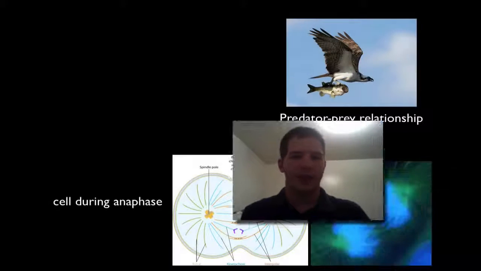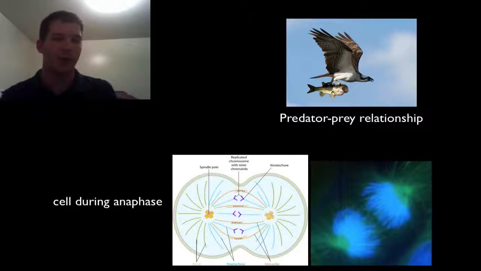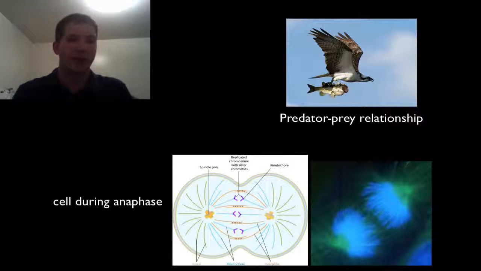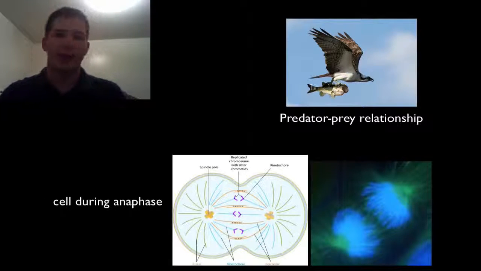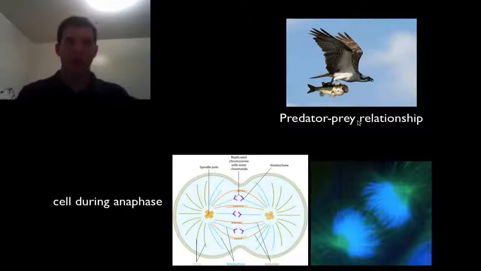Okay, the last one is going to be that living things interact with each other, and that's across all of the spans of biology. So that can be something very macroscopic or very large, such as this hawk and bass predator-prey relationship, all the way down to the subcellular level. This is a pretty unique relationship with, of course, the hawk being the predator and the bass being the prey, but there's also symbiotic relationships where animals can work together. It's called mutualism. And there's also some where it's not so good, where an animal is harmed while the other one is benefited. That's going to be parasitism.